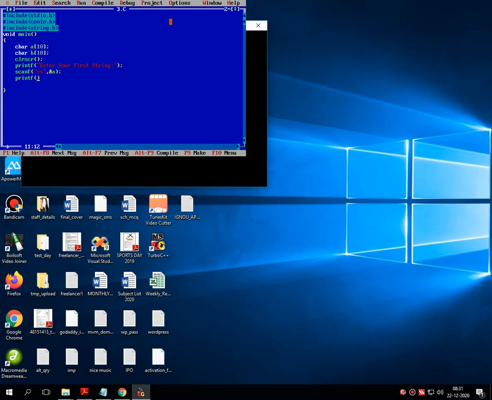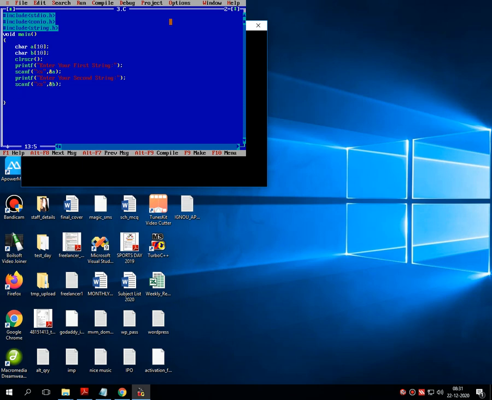Then there is another message, enter your second string, which also reads and stores the second string inside the second variable called b.